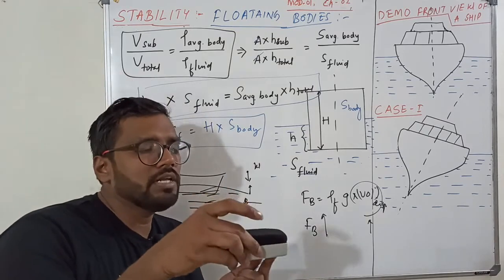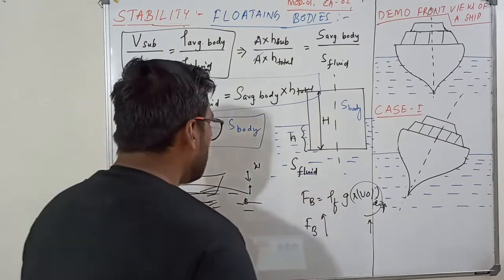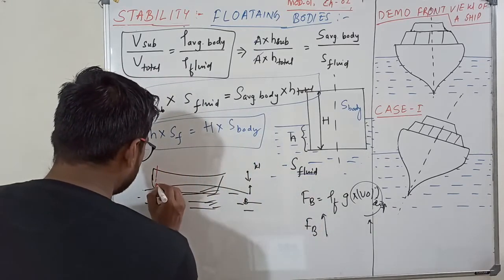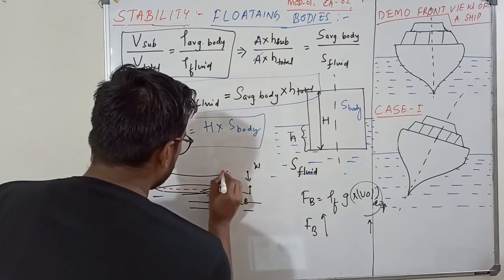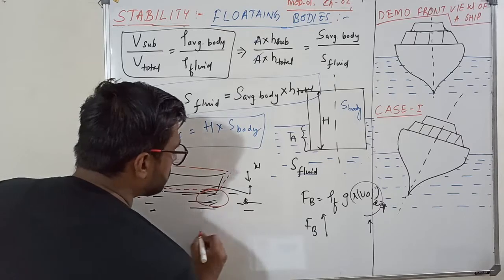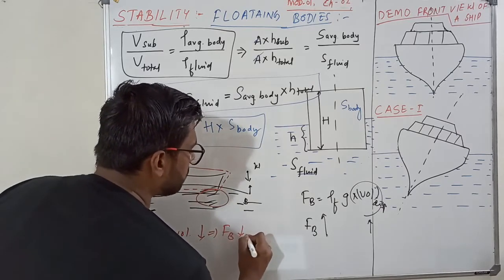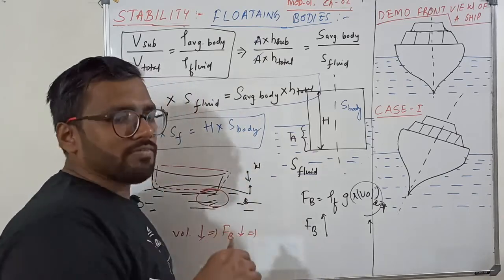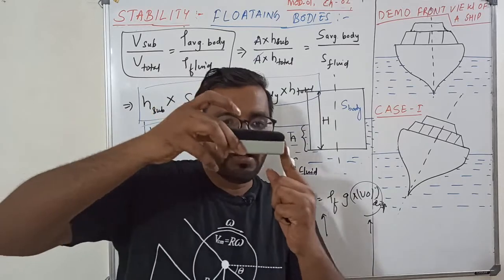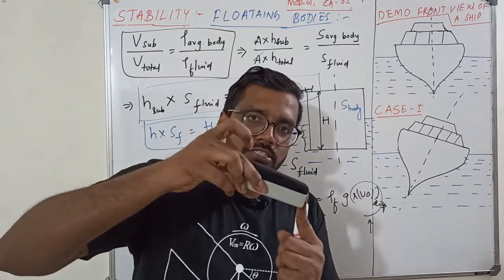Now what it will do? It will lift your boat. Let us say your boat has got lifted somewhere here. That means what? Now, what happened to the volume displaced? Sir, volume displaced is less. Volume displaced less means now buoyancy force is less. Buoyancy force less means now the weight will dominate. Weight will dominate means again it will come down. Again it will come inside. So this is how it came inside because of the weight.